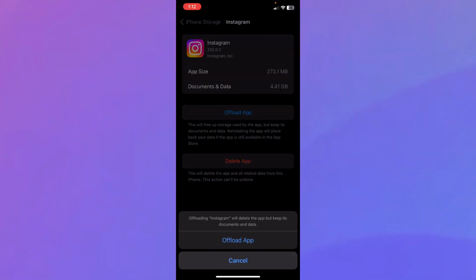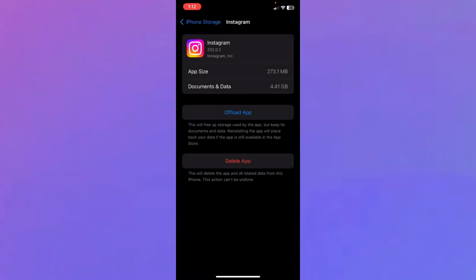And by offloading the app, you will force it to free the unnecessary or extra data on your Instagram, and then you're gonna be able to see the same button on the offload, reinstall the app with your information inside. You're gonna be able to enter it right away, and basically that should fix your